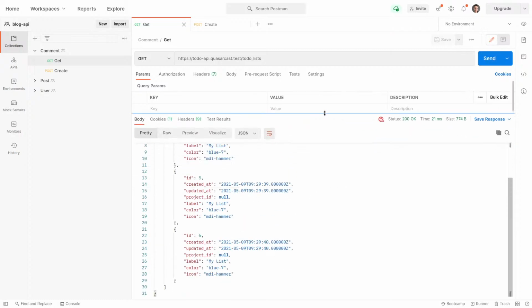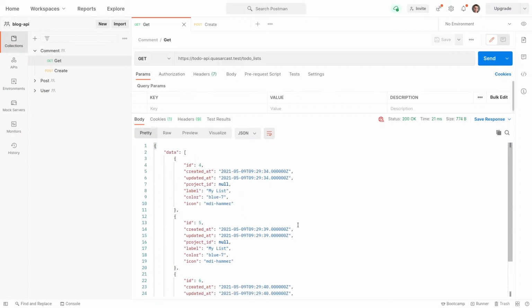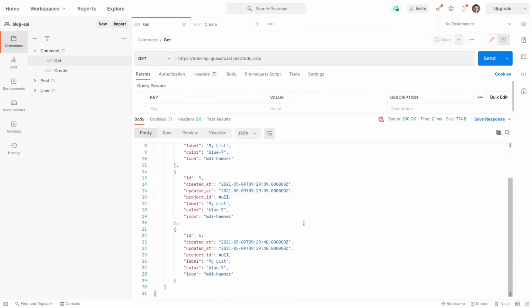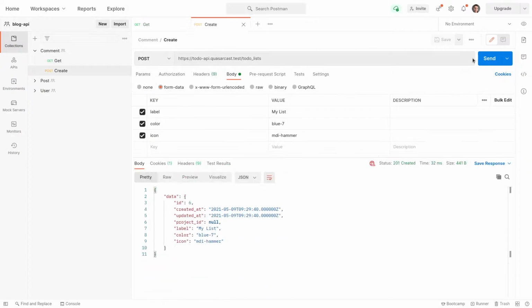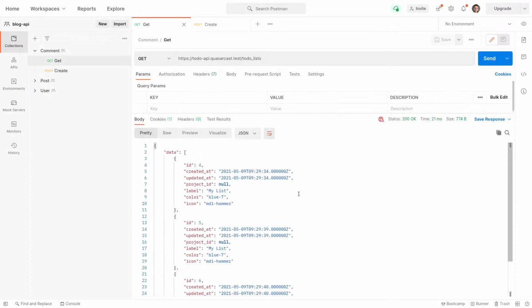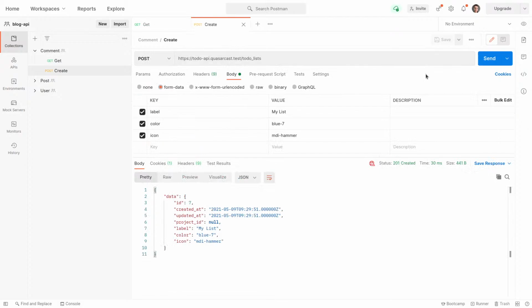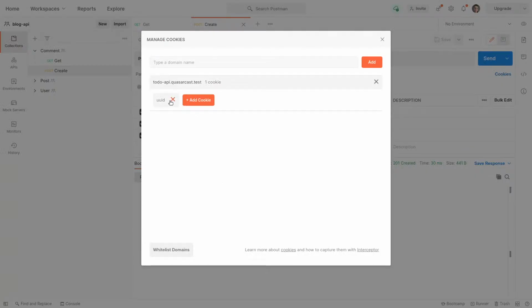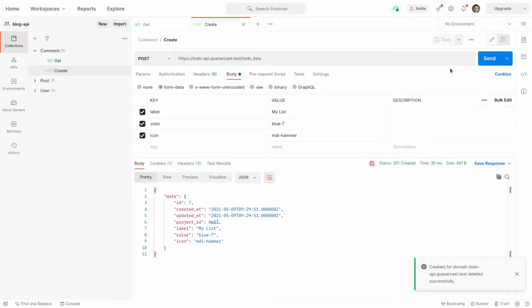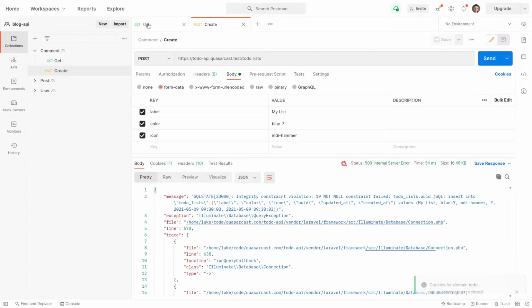And if we send that a few more times. So now, and by the way, anybody who's watching will be able to test this when I push it in a second. Now, every time I create it, it shows up here in the list. However, if I'm a new person, if I'm a different user, or I clear all of my cookies, so if I clear that like that, and then send that again,